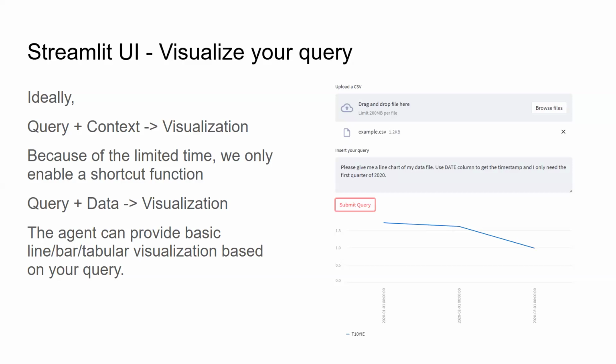For example, in the screenshot, we see "plot me a line chart of my data and use date column to get timestamp, and I only need the first quarter of 2020." Yeah, so ideally we would like to implement this, but the result is pretty spotty. It doesn't really work. And if you go to the next slide,